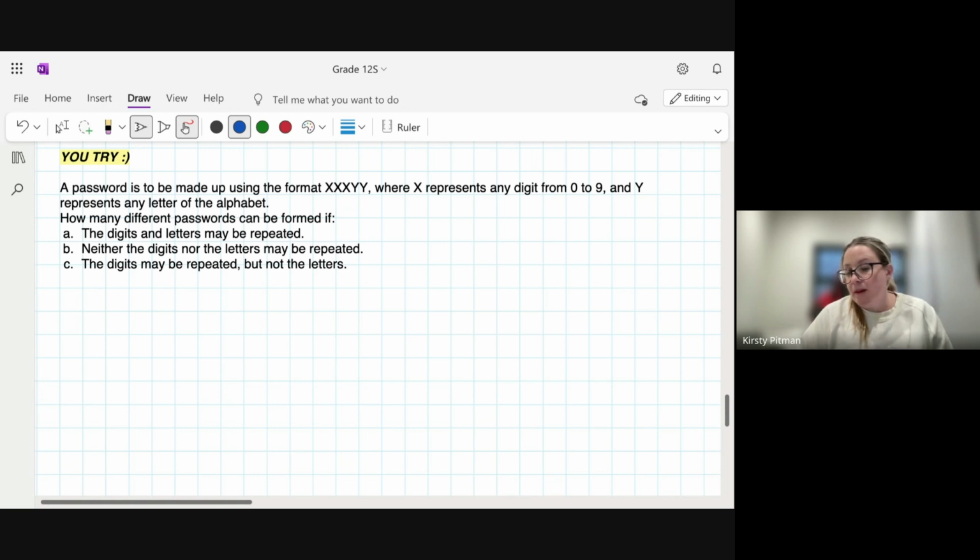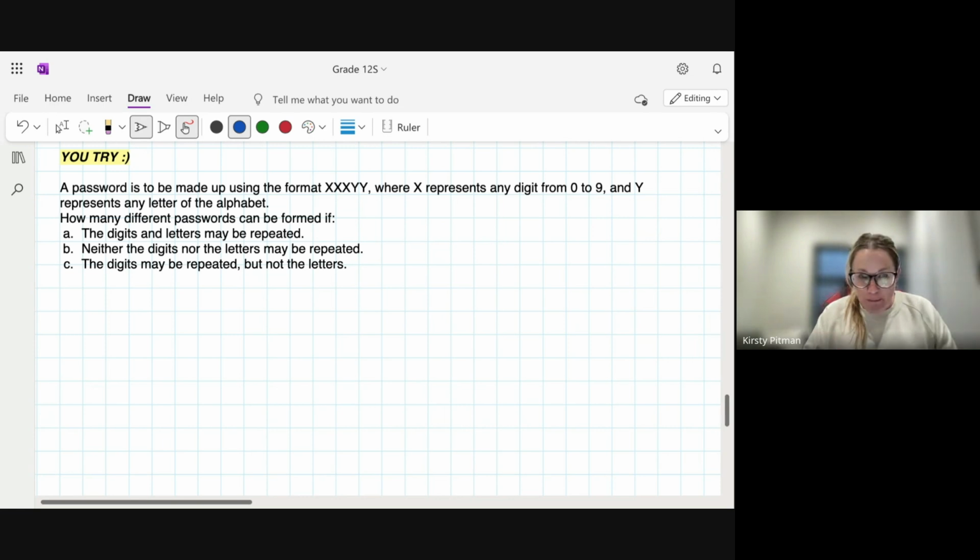Okay. All right, guys, let's go have a look. I'm going to start by doing the digits. So if I'm looking at the digits 0 to 9, be careful. There's a trick there. Students often fall for it. Digits 0 to 9. That means I've got 0, 1, 2, 3, 4, 5, 6, 7, 8, 9. How many options do I have?